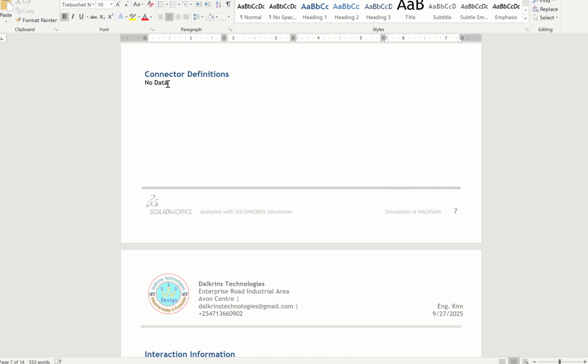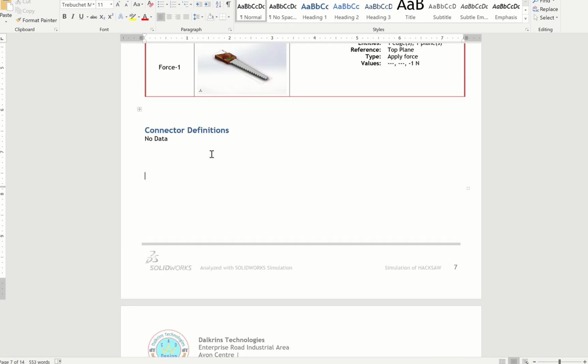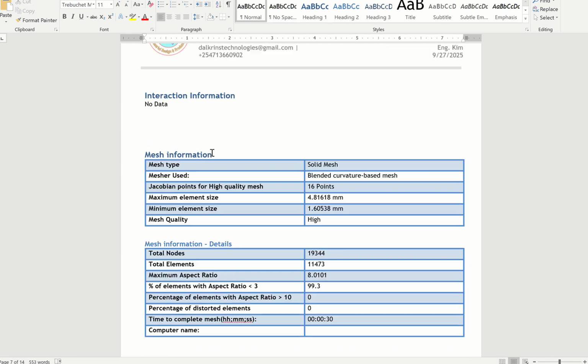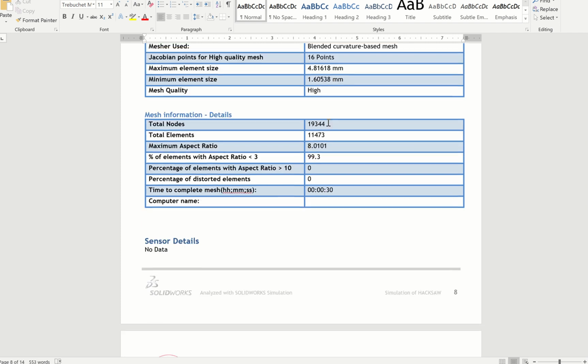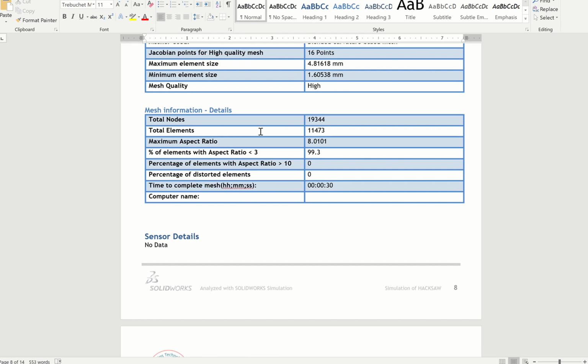And then the connection pattern. I'm jumping this one, but when you put it in SolidWorks, it also gives you the connector pattern, for example where you are clamping, you are loading, you are connecting to the blade and the handle. Here it is putting the mesh conditions, how many points you are using. We are using what we call Jacobian points for the high quality mesh. And then the mesh type is what we call a blended curvature based mesh. Then here you can also see the total mesh values or elements. That's what we call finite elements. These are the total elements,